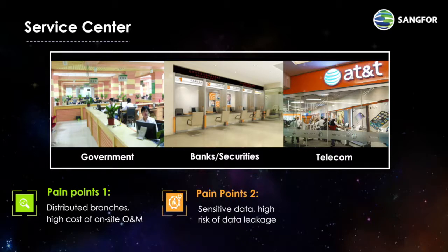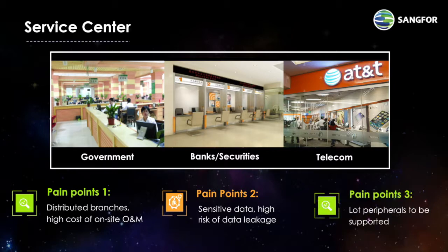Secondly, the business hall business process will mostly involve some sensitive data, including transaction information, customer information, and so on. Sensitive data will be left behind in the local desktop, or data will be intercepted in the transmission process. There is a relatively large chance of information leaks and security risks in general. Thirdly, there are lots of peripherals used and they are difficult to manage.